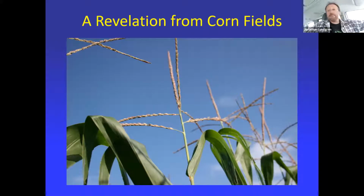So we got a grant, and the grant said, okay, you're going to work on farmers' fields and you're going to study cover crops. And we're going to see whether or not that helps to reduce our need for pesticides. What do pests do with those things? So we went out to some of the most innovative cover croppers in our region, and we said, okay, this